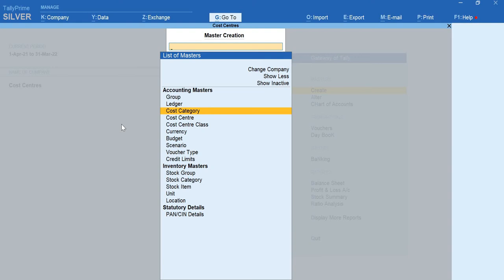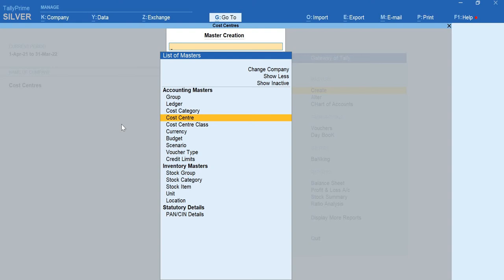So we'll have a wide range of products offered. We'll have clothings, groceries, we'll have snacks there, or we'll have home appliances, etc. So all these are called categories. Under this category, I'll have so many sub-products. So when it comes to clothings, I'll not have only clothings. I'll have menswear, kids wear, women's wear section. So all these are called cost centers. The main division is cost category. The subdivisions are cost centers.